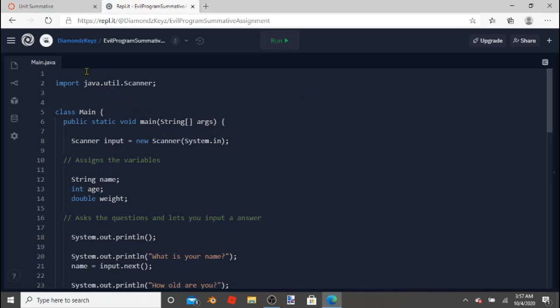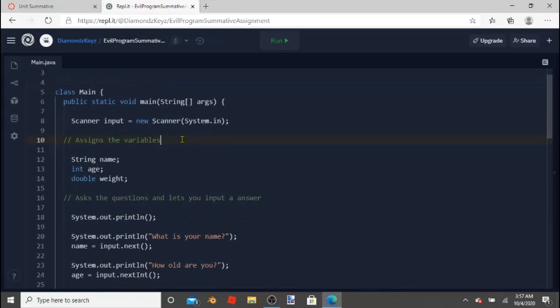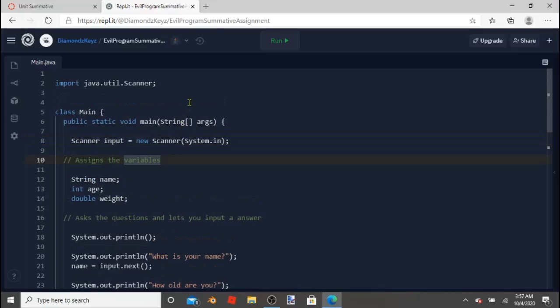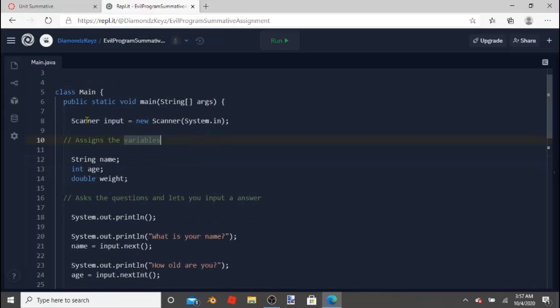I'm going to explain this like the last assignment. Here, we got import java.util.Scanner; you always want to end with a semicolon. The import actually imports the Scanner. Now what the Scanner does, let me give you an example: the computer asks a question, and the Scanner will be able to scan the person's answer. So we got Scanner input equals new Scanner(System.in);